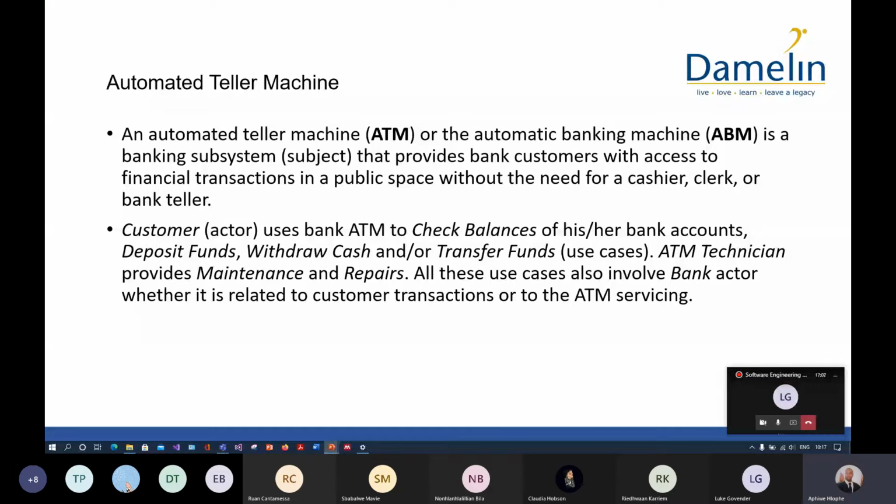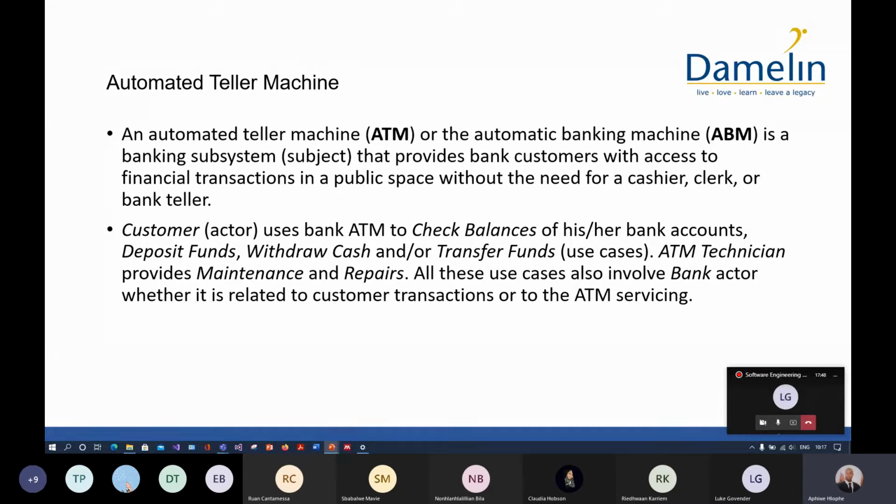So for the purpose of today's lecture, we're going to stick to one example to represent all these different perspectives, okay? And we're going to make reference to an ATM, right? Most of you should know what an ATM is, but for those of you who don't, an ATM, automatic teller machine, or we can refer to it as the automatic banking machine, is a banking subsystem that provides bank customers with access to financial transactions in a public space without the need for a cashier or clerk